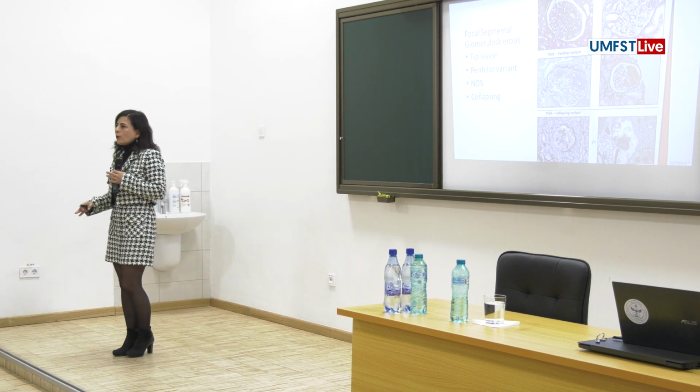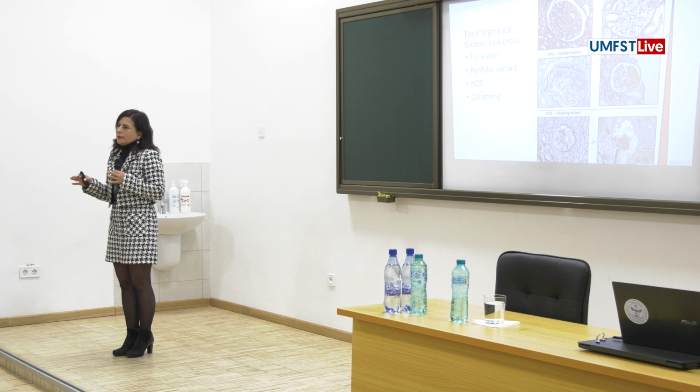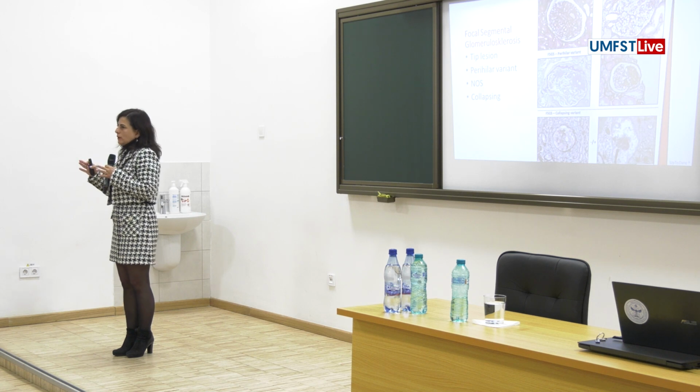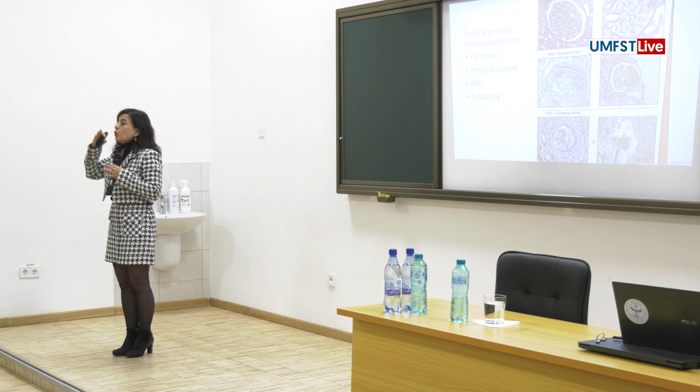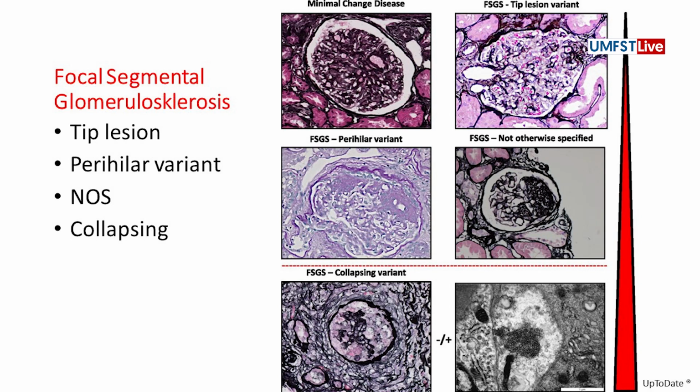terminology called focal segmental sclerosis. The name is very clear. The lesions are focal, not all the glomeruli, but some of the glomeruli are affected, and not the whole glomerulus is affected, you just see it segmentally. As is here, it can be like this part,